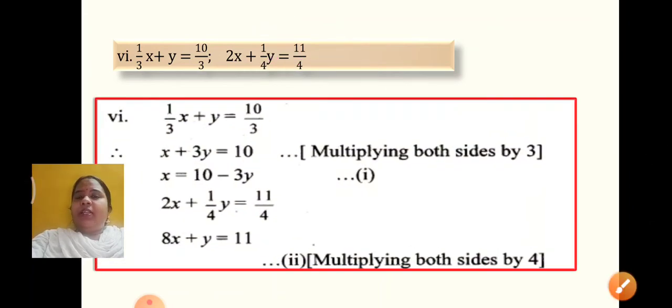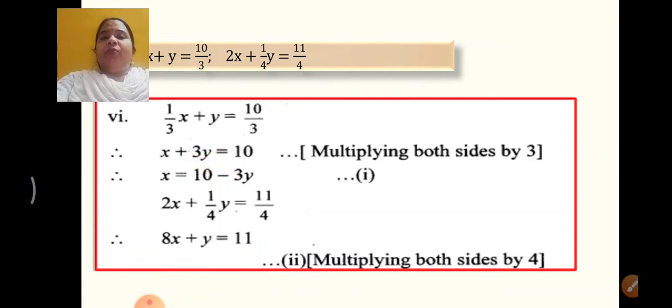Okay, so let's see this. Multiplying both sides of equation number 1 by 3, this is what I get: x plus 3y is equal to 10. I have shown you the calculation also. Now this I am purposely going to solve by the substitution method so that you get practice of that too. Substitution method, what is to be done? x is to be kept here, shift this 3y to the other side. So x is 10 minus 3y. Number it as equation 1, or you can number it as 3 also. If you have numbered the earlier ones as 1 and 2, it can be numbered as 3. If not, you can start the sum from here and put it as equation number 1.